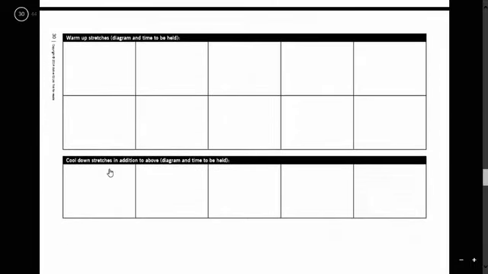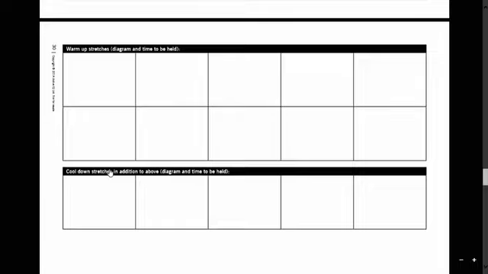We've got warm-up stretches and cool down stretches. And what you can do, guys, is leave this blank, because you'll draw these in with a pen or pencil when you come to do your practical activity. If you do want to print it off and put them in, you can do. Have a look in the manual, because all of the stretches are in there, and try and choose stretches that are going to be effective for your client. So if your client's doing a lot of leg type work, then we want to be using legs a lot in the warm-up stretches. There's no point warming up muscles that we're not going to use for the main part of the program. Try and choose the ones that are going to be effective for your client and give them as much benefit as possible.